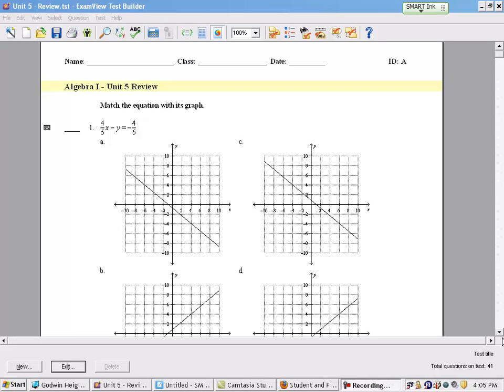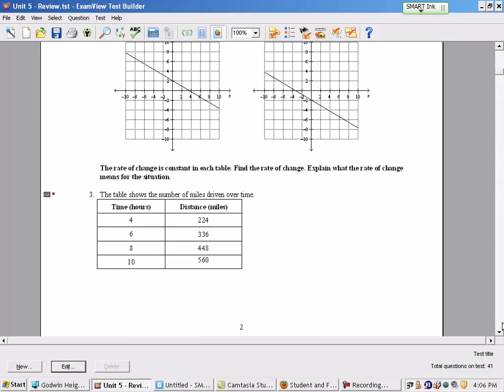What I'd like to do is go through one of each type of problem. There may be some problems that we will just go over in class, and also look at the answer key. For instance, number 1 and 2, I want to go through in class. What I would like to do is look at number 3. So if you would go down to number 3 in your packet,